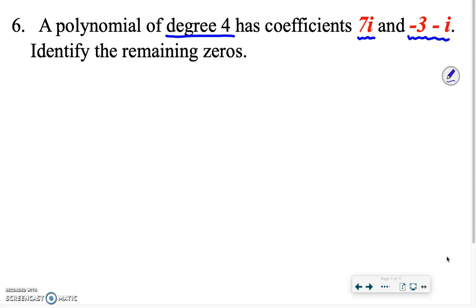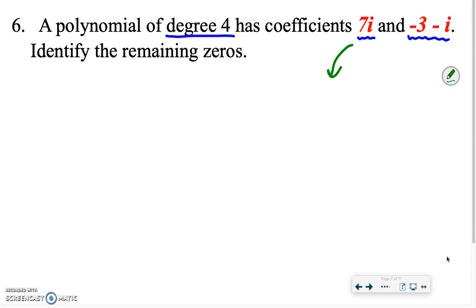Now, we could turn this into a nasty problem where I think, all right, if x minus 7i is a zero, then also x minus negative 3 minus i is also a factor. Could we multiply those together? I mean, we could play it out that way, but we're getting into some ridiculous steps. Why would we do that? Luckily, I think that we're going to remember that